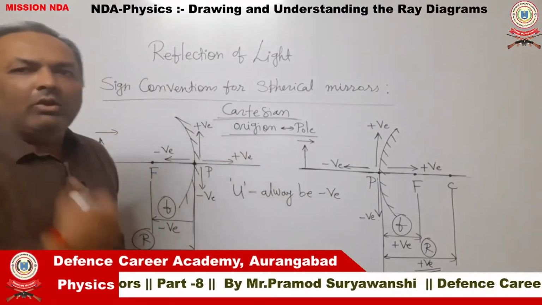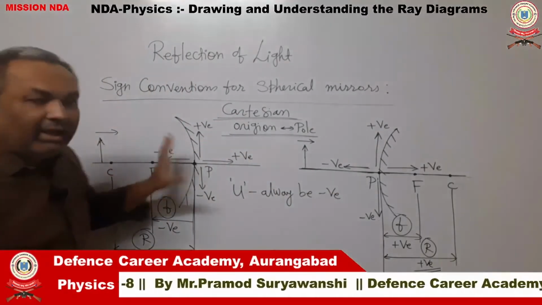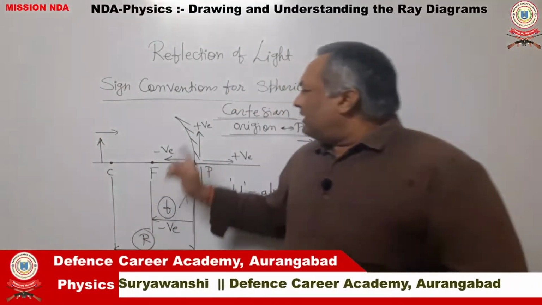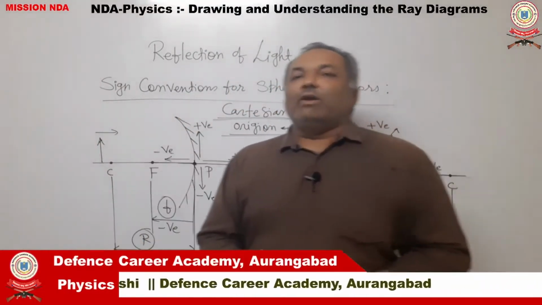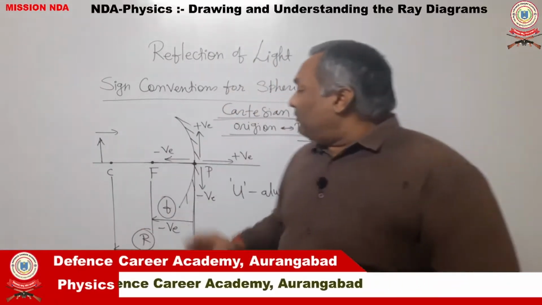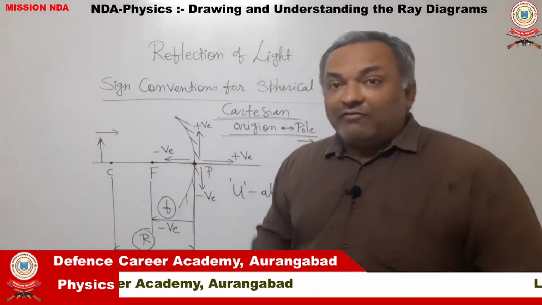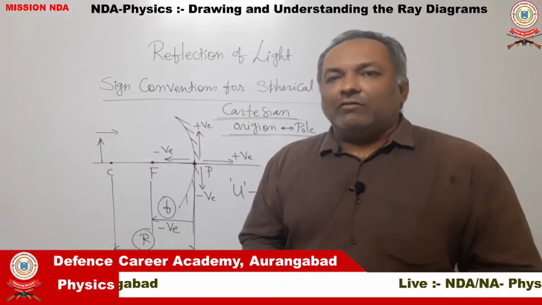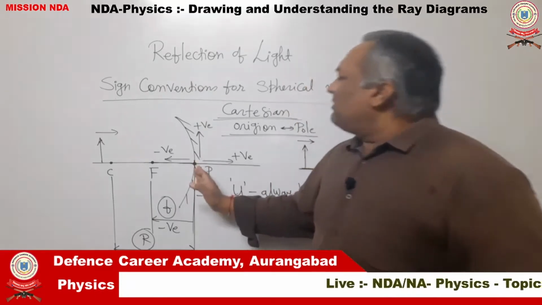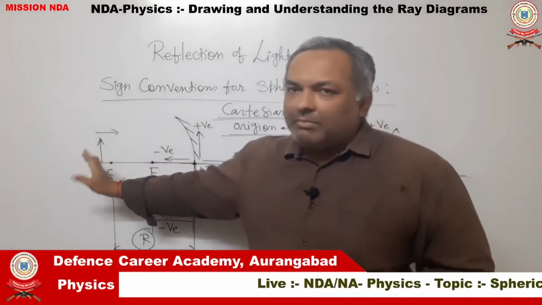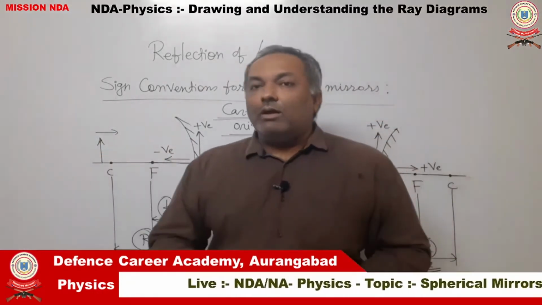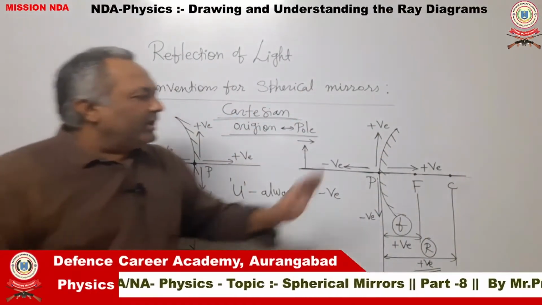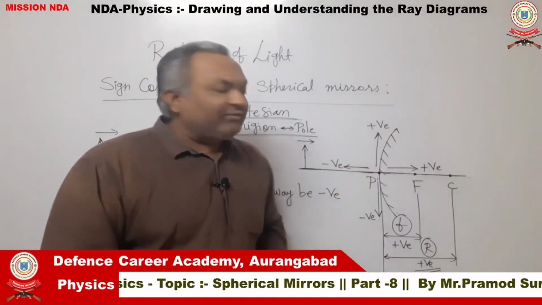Next, we know that whenever a mirror forms a real image, it is on the same side as that of the object. So, the object is to the left of the pole, in front of the mirror. The real image is formed on the same side as the object, meaning the real image will also be in front of the mirror, to the left of the pole. Also, if we consider a virtual image, it is formed behind the mirror, that is, to the right side